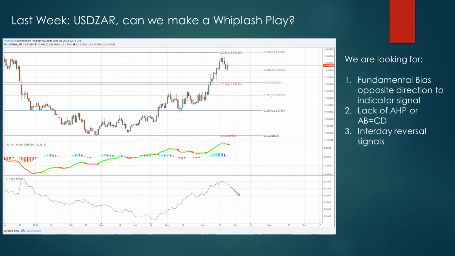So what I'm looking for is the trend starting in February of this year, the long consistent bull trend that's gotten the price up to where it is now. Now, if that were a symmetrical Fibonacci reversal, like an AB equals CD, or if there were some kind of advanced harmonic pattern, a Gartley pattern,